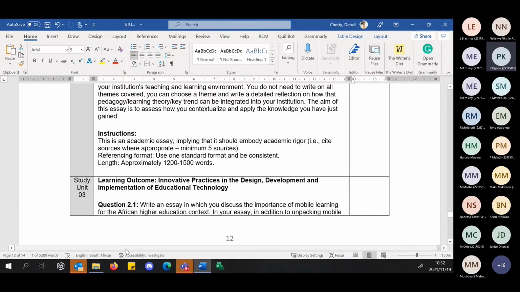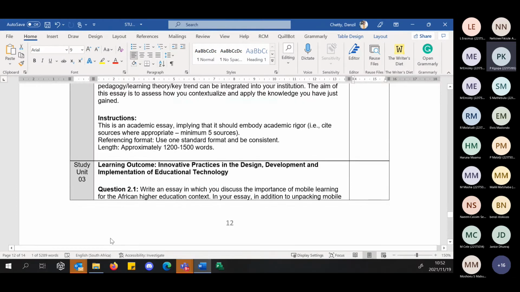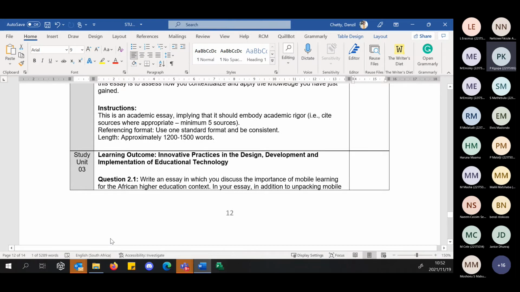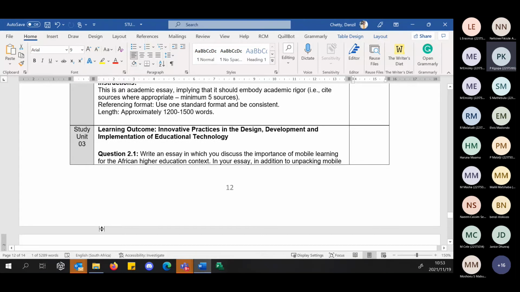It's been good being with you, but also hearing your challenges and hearing your institutional contexts, and for those of you that shared some of your examples that you've engaged with. So it's a new discussion for us. It's a new space, and I can hear from many of your conversations that you're right there at the point of thinking critically about some of these key issues in the institutions across the country and your own institution as well. So colleagues, I look forward to marking your assessments. I'm actually looking forward to that, to be honest with you, because I really want to see how you grapple with this in your own context.